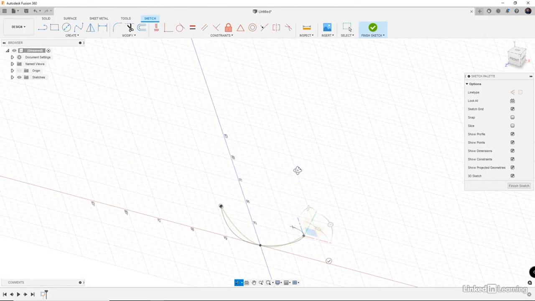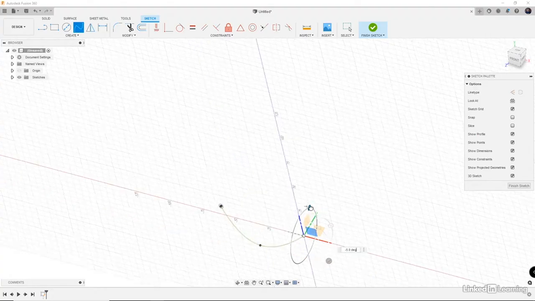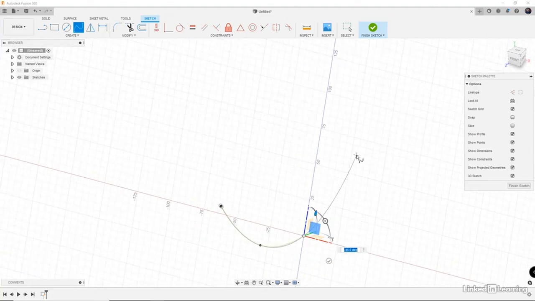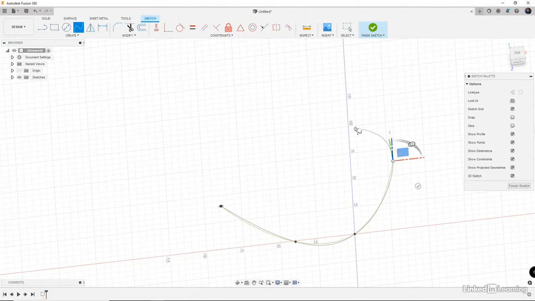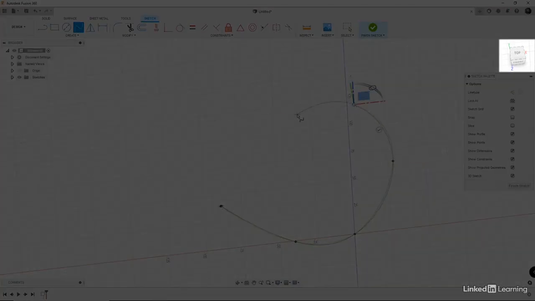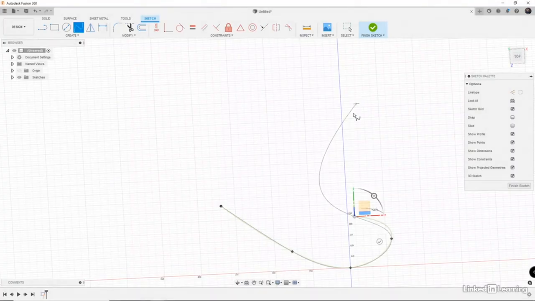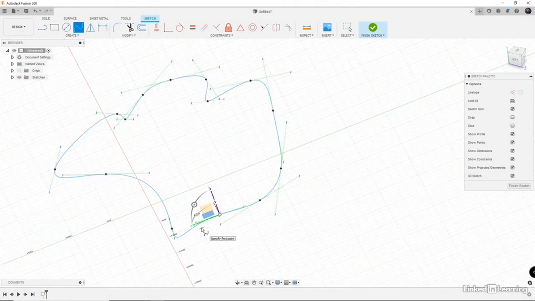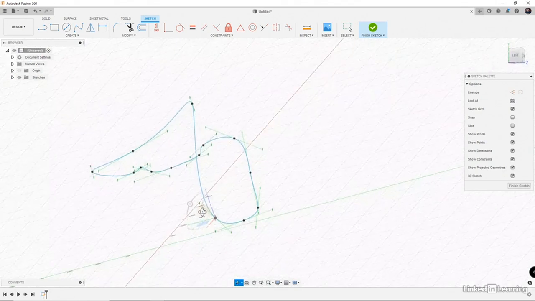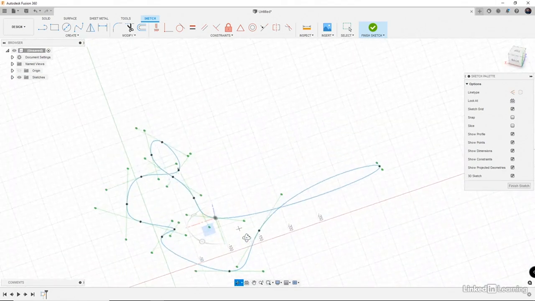And I'm just kind of building out some geometry that I think is going to work. I keep looking back at my view cube to understand where my planes are. And then let's just snap to the end. So now this is a pretty crazy looking